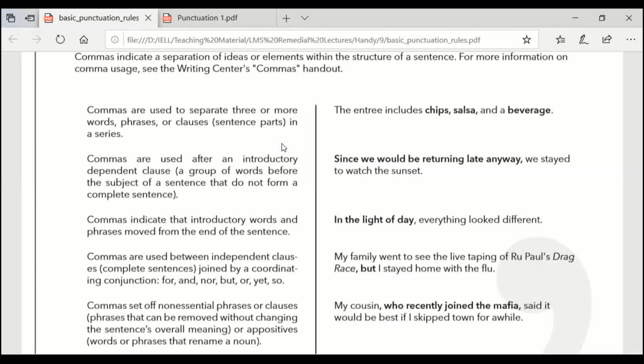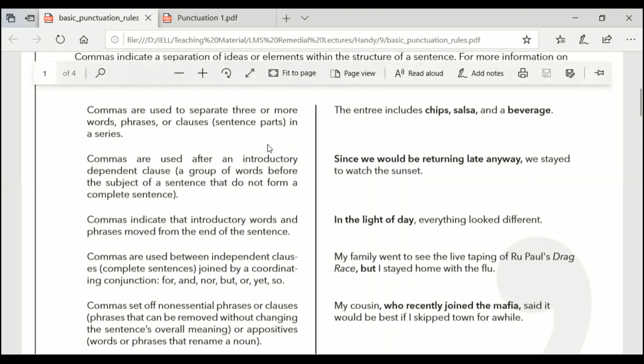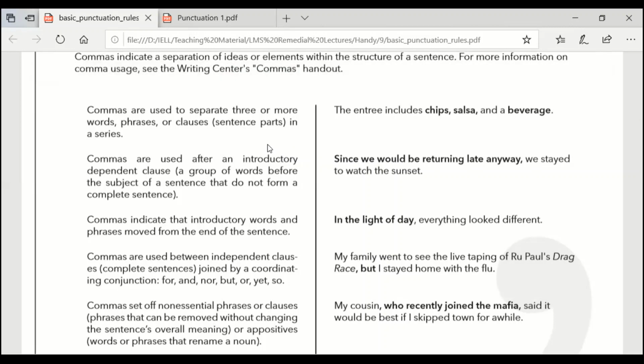Commas are used after an introductory dependent clause, a group of words before the subject of a sentence that do not form a complete sentence. I hope you all have a certain idea of what a dependent clause and an independent clause are, but just to revise a little bit,